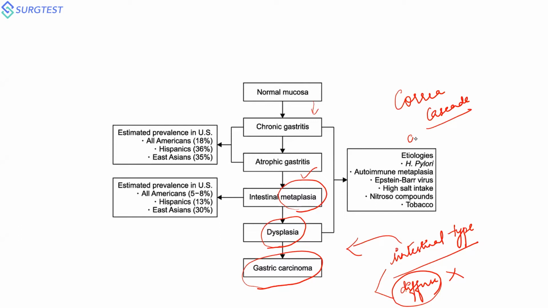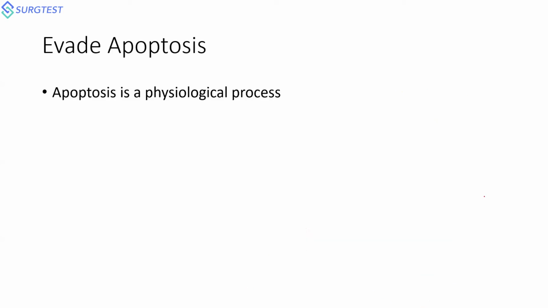For colonic malignancies, it is the APC gene which ignites and starts it. For BRCA, again, it is going to be your breast cancer. The second underlying mechanism or hallmark of malignancy here is your evasion of apoptosis. I already discussed it. This is the inhibition of your normal cell death. The first thing that we discussed is your self-sustaining signals from your oncogenes. Number one, it is being covered. We've understood that. Number two is your evasion of apoptosis.